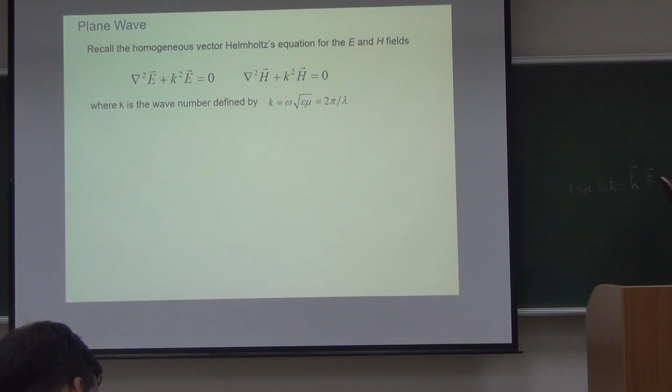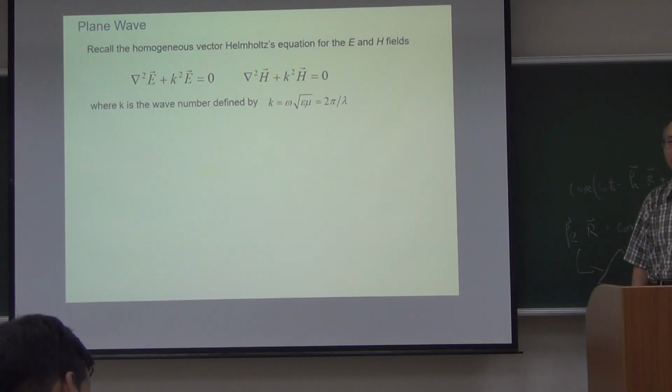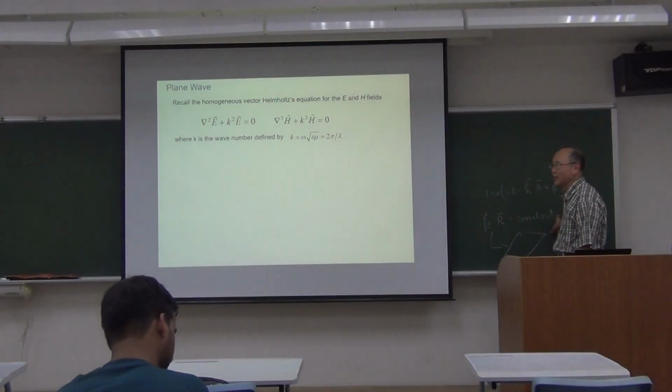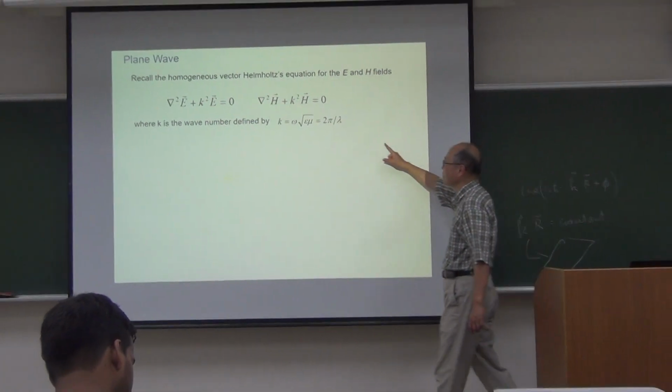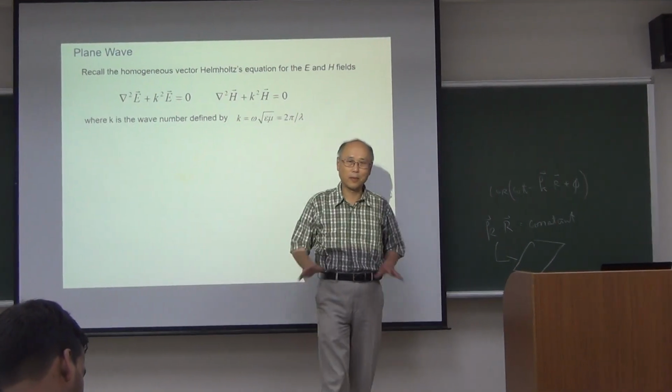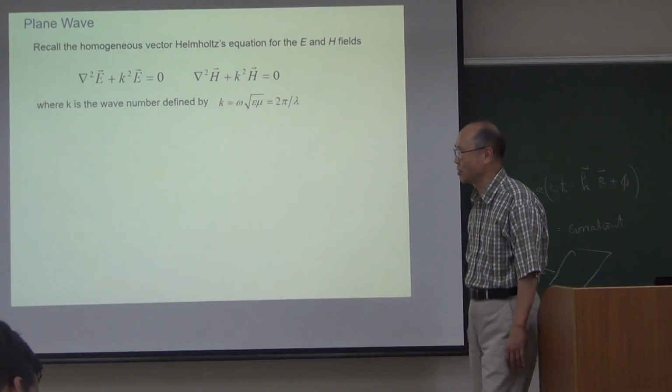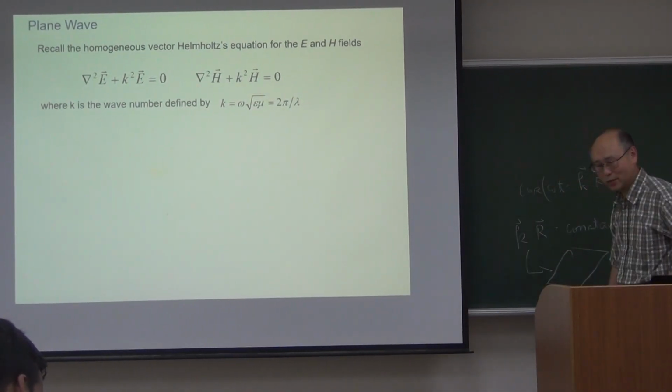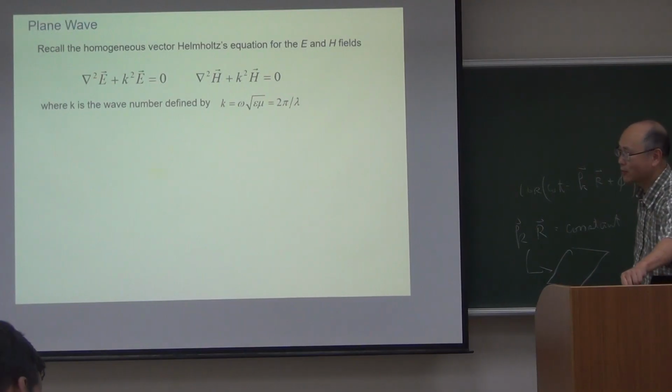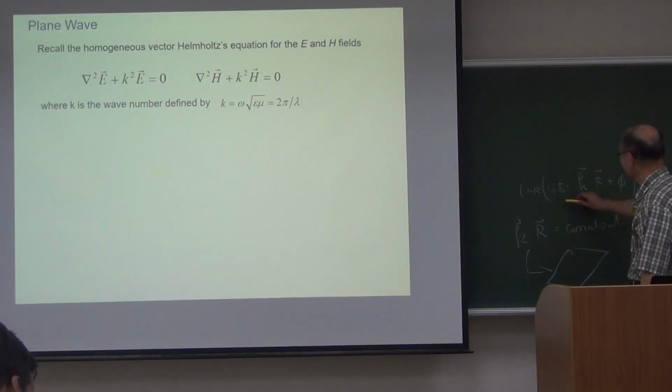wave with some phase, and then k dot r equal to a constant gives you a plane in space, okay? A big plane in space. So we call this a plane wave. And this is one of the solutions of the Helmholtz equation. Remember that you have many different solutions from this Helmholtz equation. But when we write down the Helmholtz equation, we specify the field has a